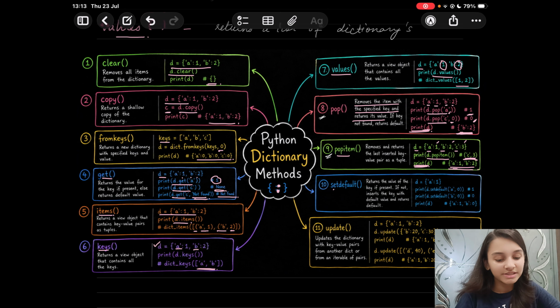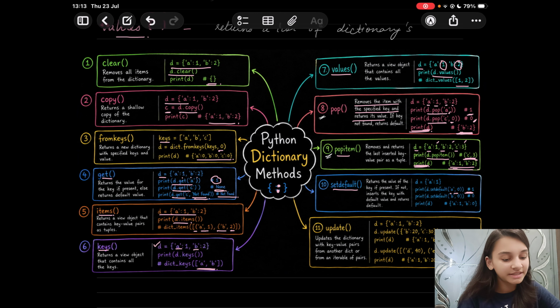Next, moving on to setdefault. So you can set a default value. This method will return the value of the key if present. If not, it inserts the key with the default value and returns the default value. Supposing we have a dictionary over here with just one key value pair. So now on printing D.setdefault, A as 0, we'll get 1 because the key exists.